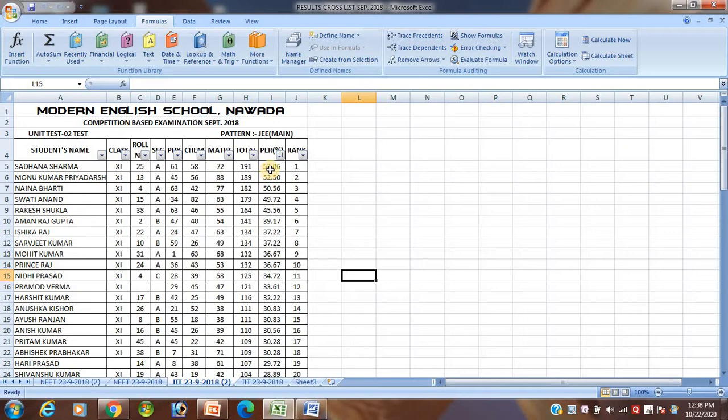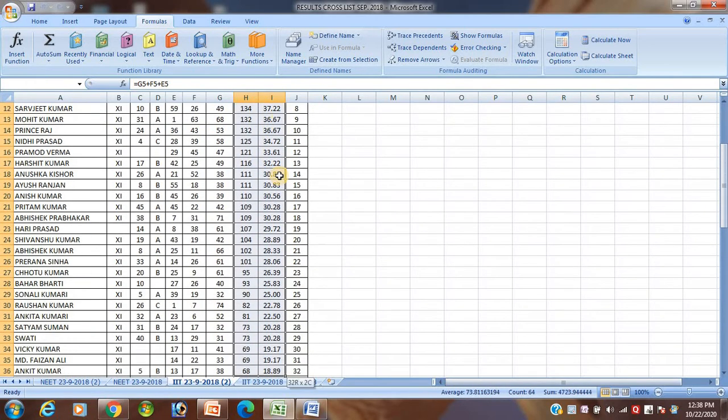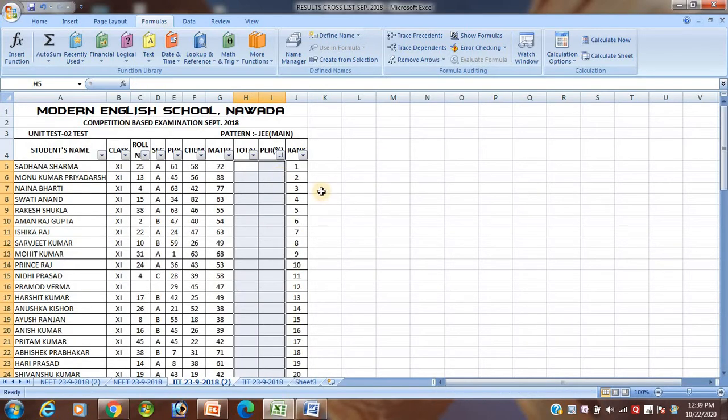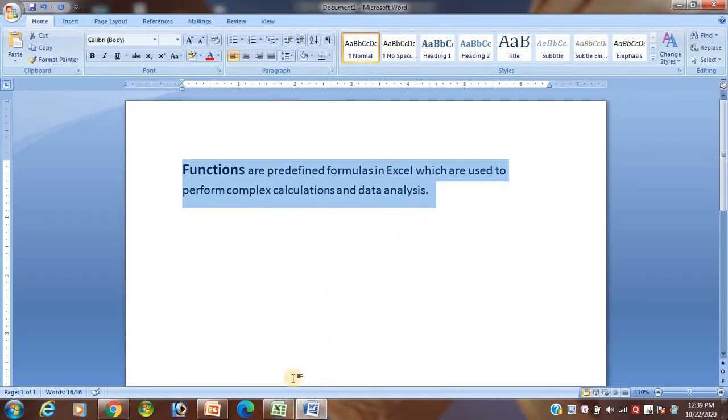That means, suppose here I want to delete these three things. Suppose I want to delete that one, and see, the total I have deleted, and how to calculate using formulas, meaning functions. The functions are used to perform complex calculation.